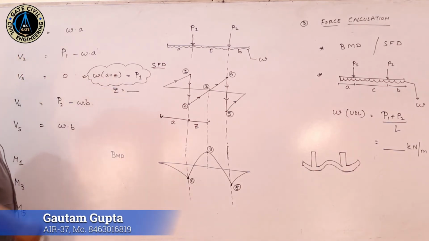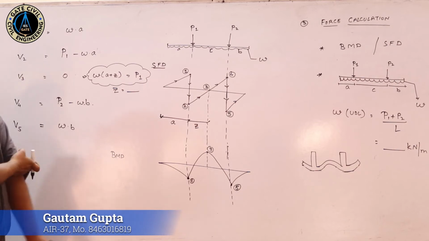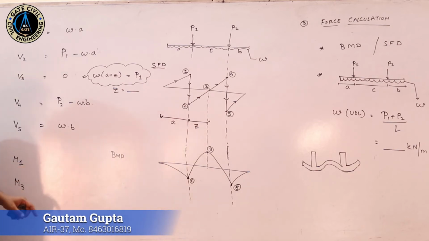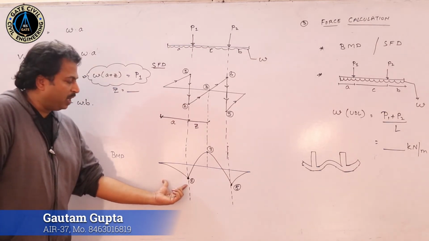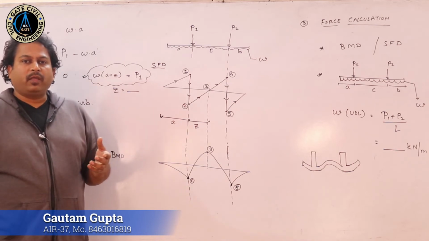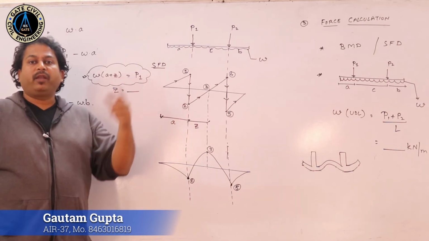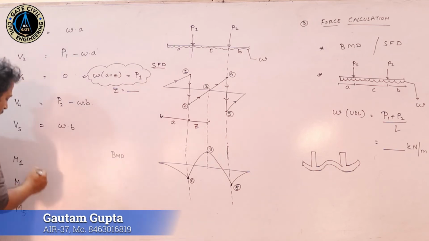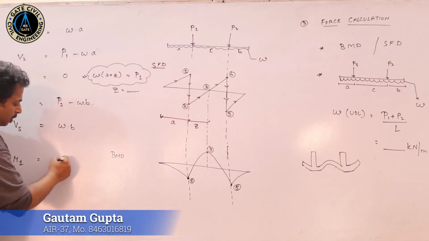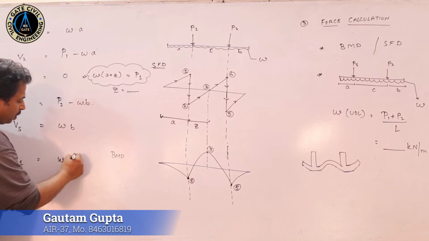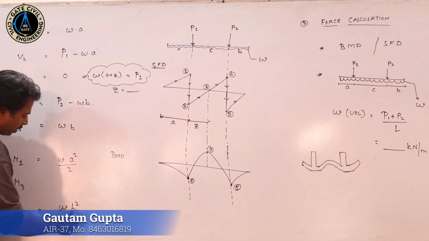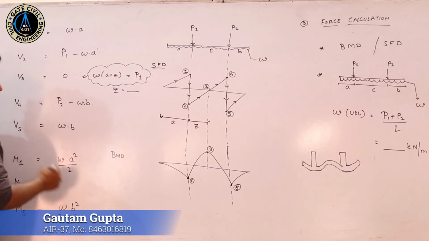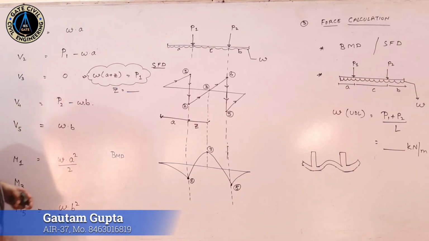Once we have calculated the value of Z, now we have to calculate the moment. This particular part is acting as a cantilever. So for a cantilever, the moment is generally given as W into cantilever length square divided by 2. So this M1 is W A square by 2. Similarly, M5 is W B square by 2. And for M3,